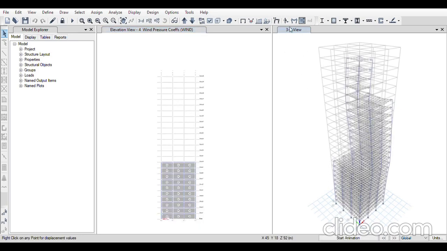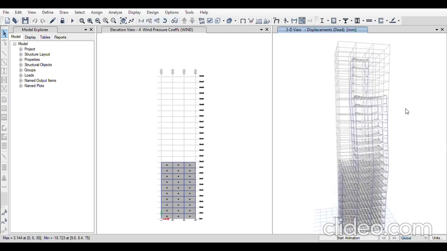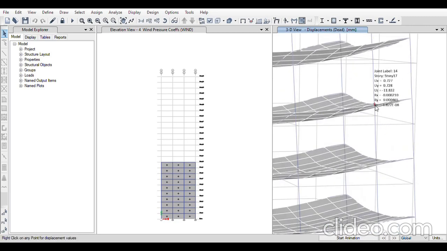By default, in my 3D view, the deformation is shown. I can show you. You can rotate and check, and clicking on any point, you can see the deformations. I'll select a frame.